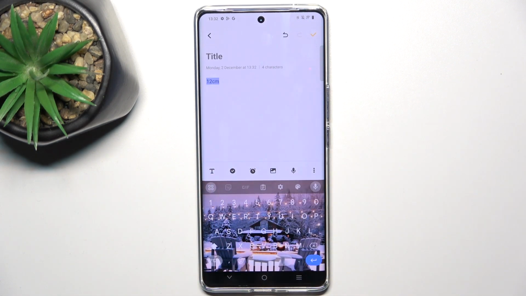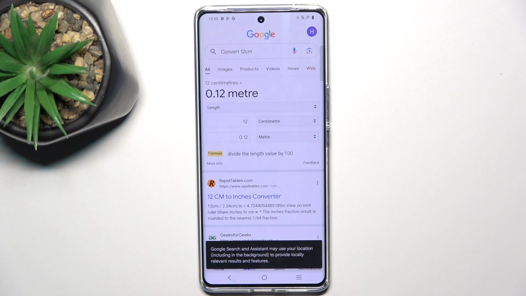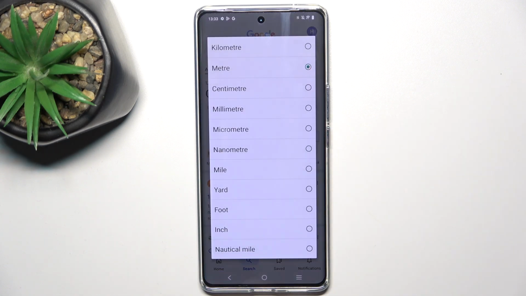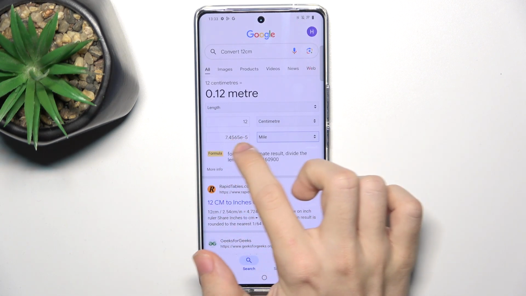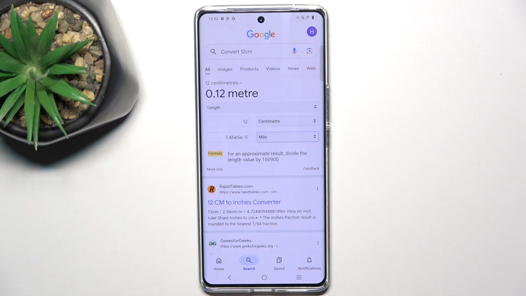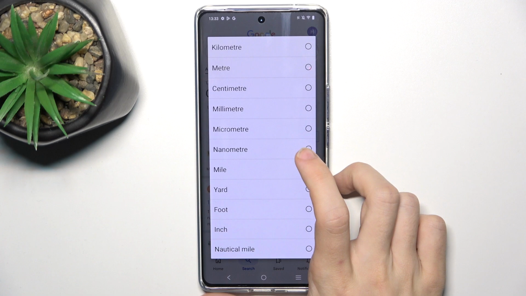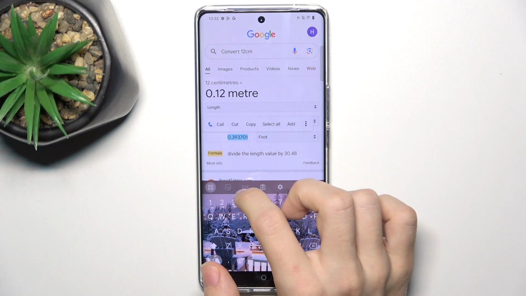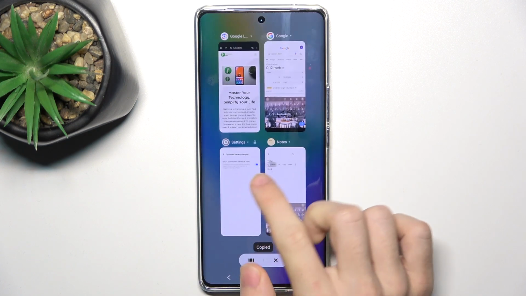Then double tap on it and click on convert. Then it will get you to Google and convert it to meters by default, but you can also change it to, for example, miles, and then it will show you the result here. I'm gonna convert it to feet and double tap on the result, then click on copy, and now I'm gonna